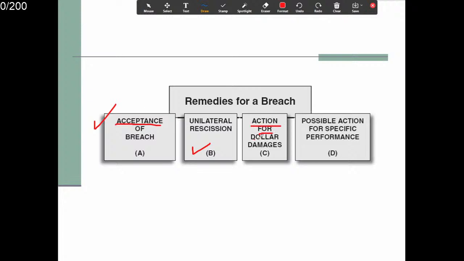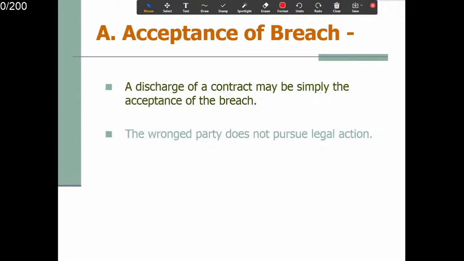Action is what? Sue, right? Sue for money, okay. 这是打官司嘛，right? Possible action for specific performance. 他就说我不要你的钱，我只需要你去卖你的房子，还是你买我的房子。钱解决不了这个问题的，你必须要做。